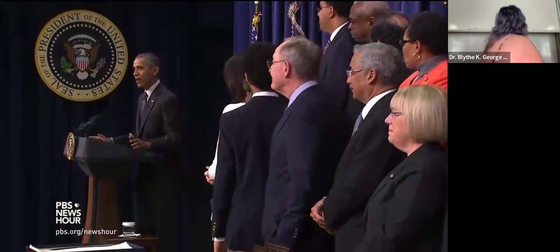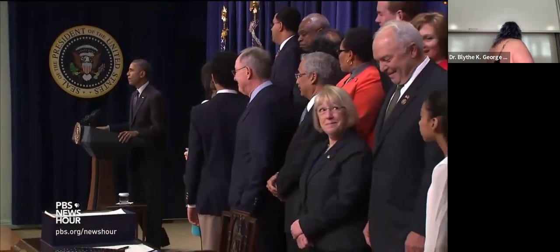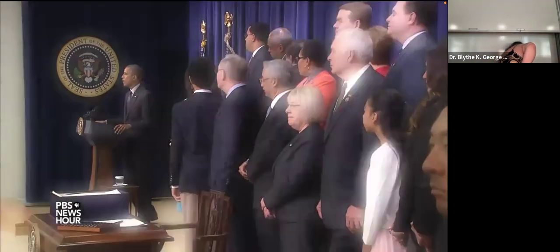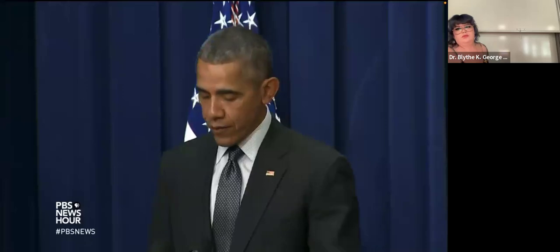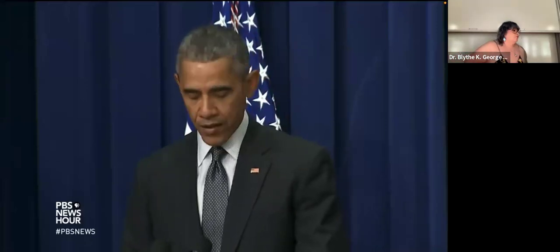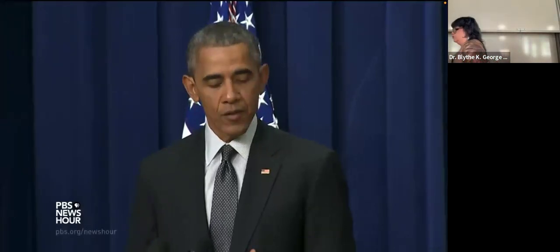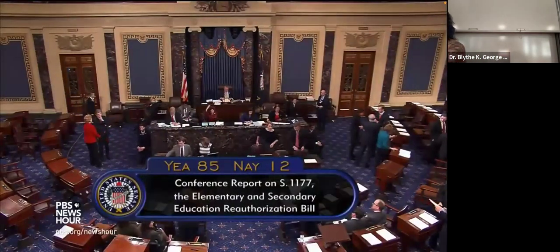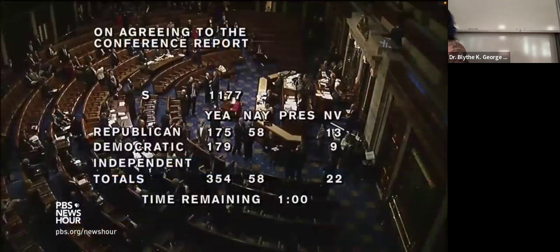President Obama, who had waived those penalties but had backed many features of the law for years, acknowledged the shortcomings of No Child Left Behind. It didn't always consider the specific needs of each community. It led to too much testing during classroom time. It often forced schools and school districts into cookie cutter reforms that didn't always produce the kinds of results that we wanted to see. The new law passed with unusually large bipartisan margins in the Senate and the House, a point made yesterday by one of its sponsors, Republican Senator Lamar Alexander of Tennessee.